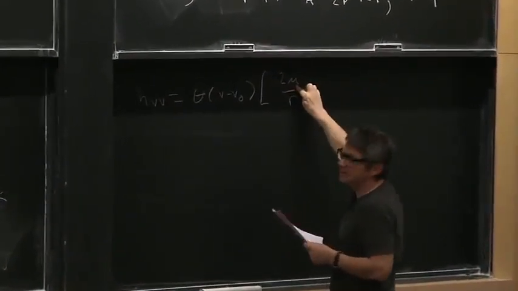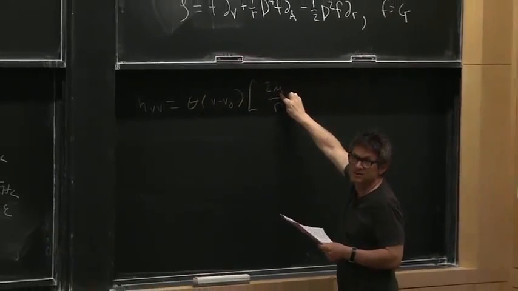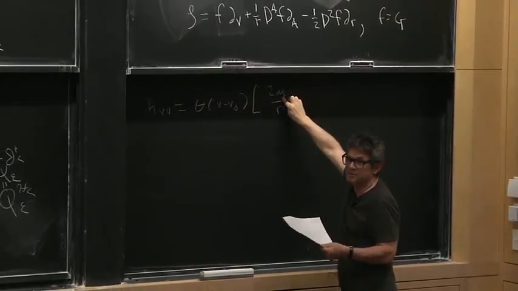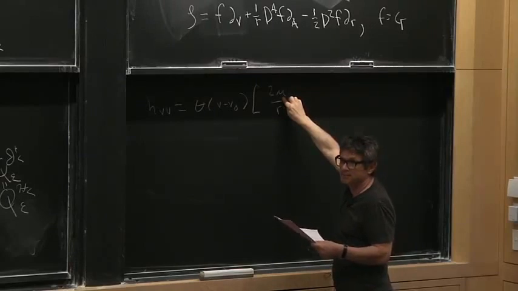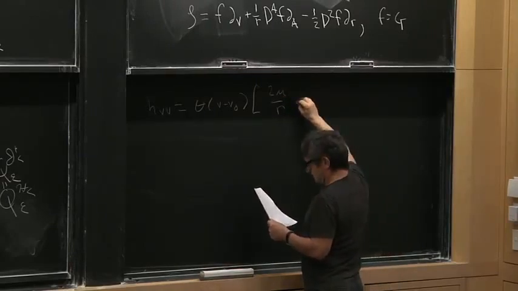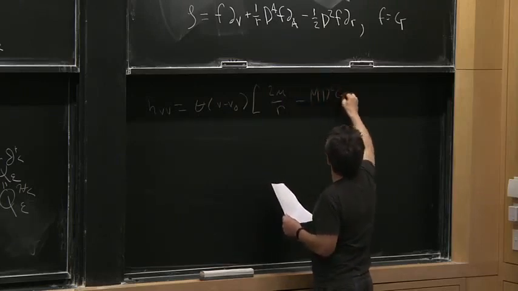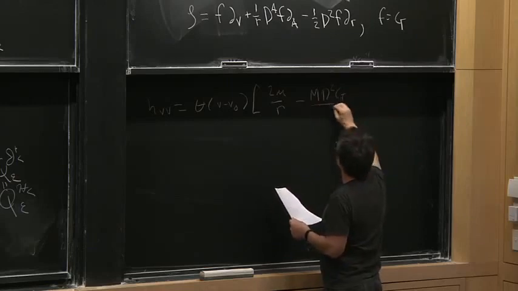That's just the statement that the Bondi mass is shifting. This is the linearized perturbation in the metric produced by the gravitational shock wave, minus m d squared ct over r squared,